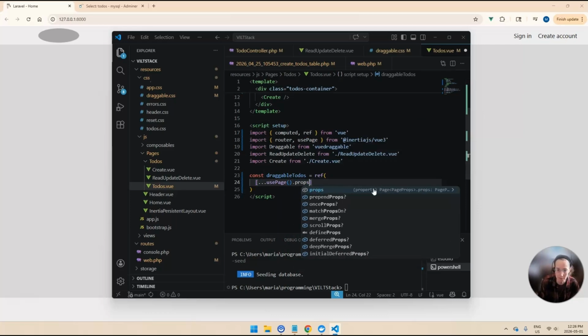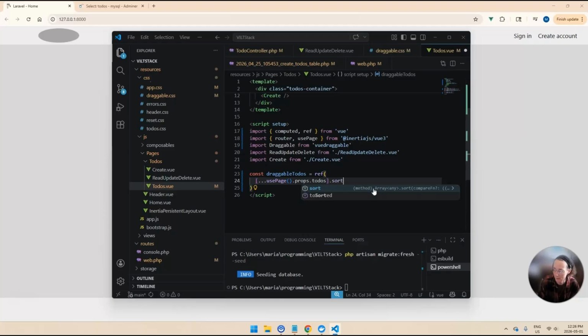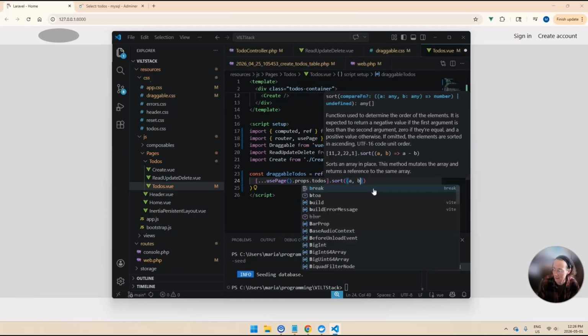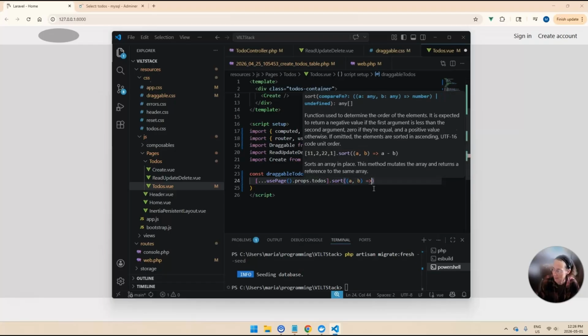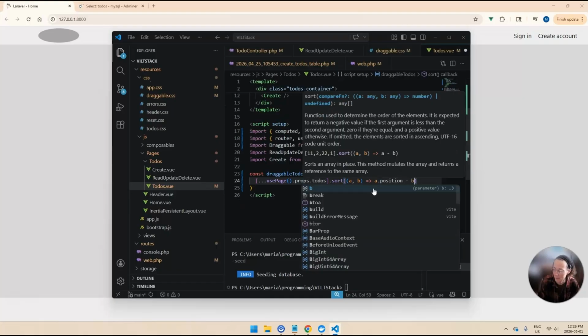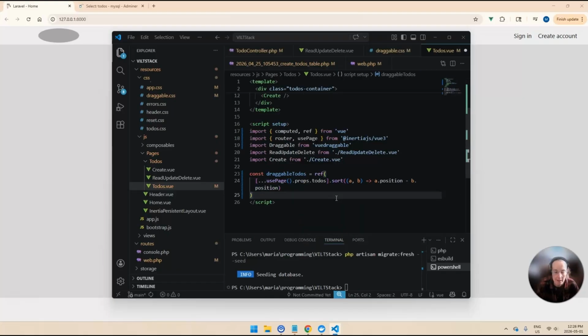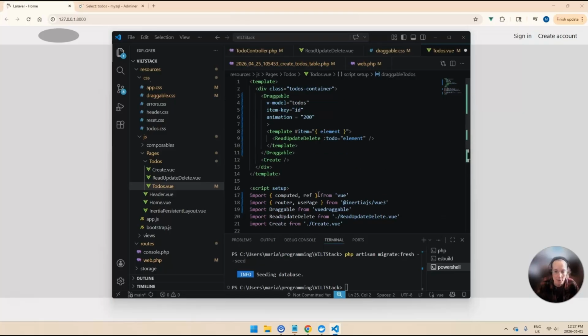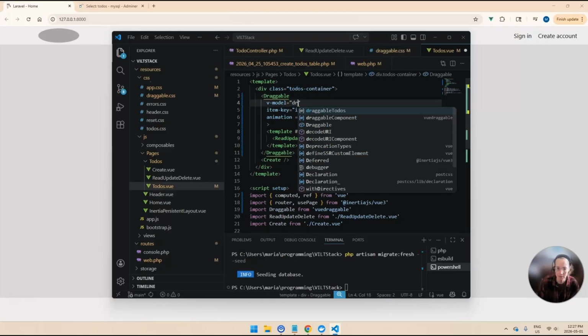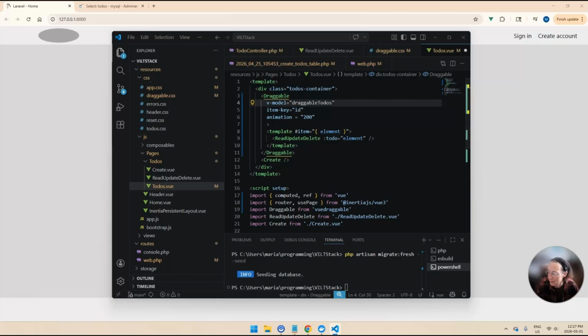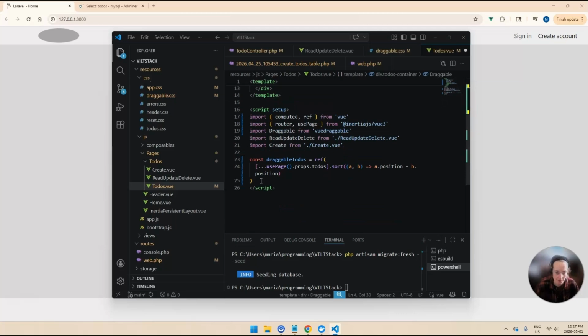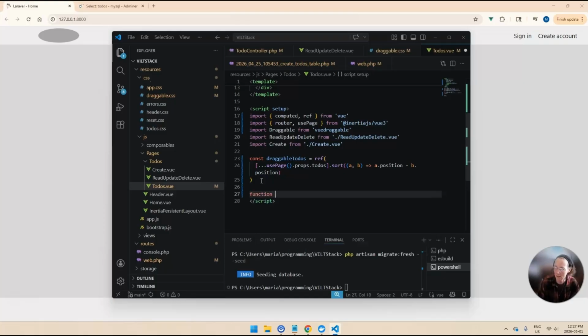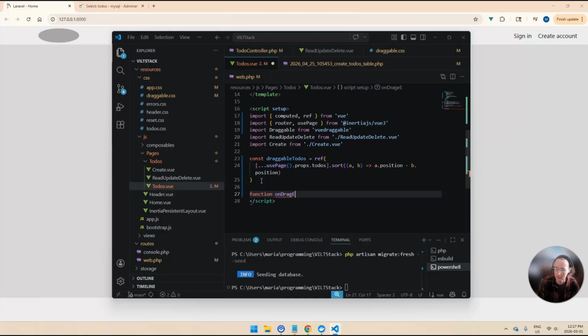usePage().props.todos.sort((a, b) => a.position - b.position), and we'll call this variable in v-model, draggableTodos, and we'll build a function to tell it to change the position at the end of the dragging. So we'll say function onDragEnd,